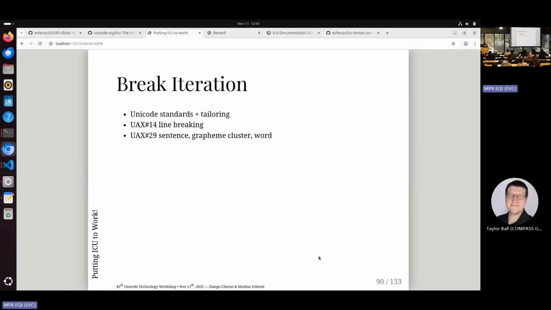Break iteration, let's see, how are we doing? I'm going to start to go a little bit faster. But this is a core essential piece of handling text. Basically, we've got standards of how we take text and break it up. It's called break iteration, but I think the localization industry terminology is segmentation. I think that's really the more standard way of saying it. So you can segment text into